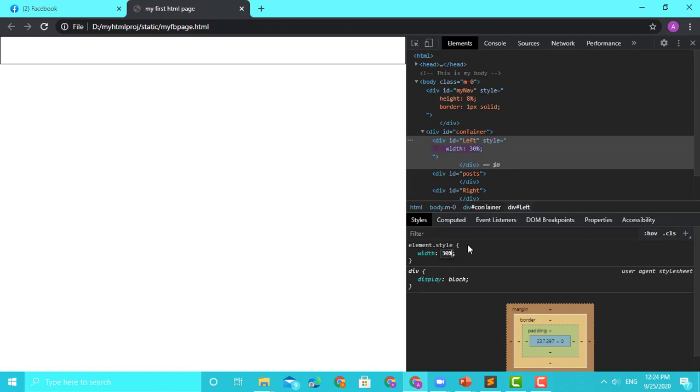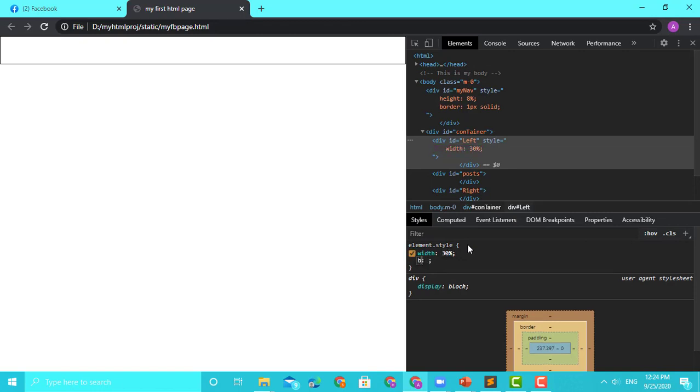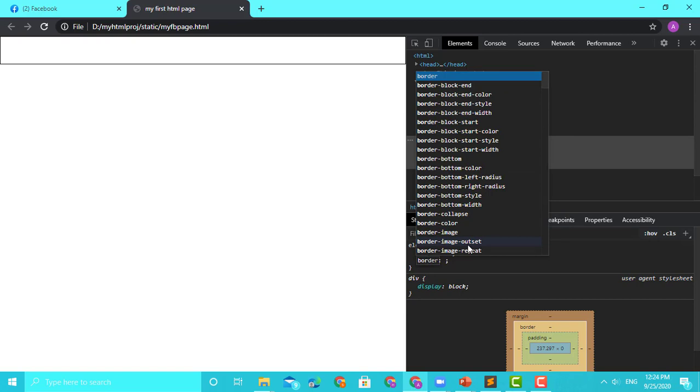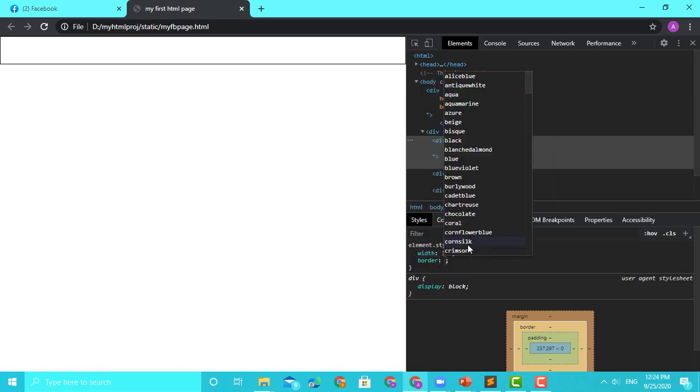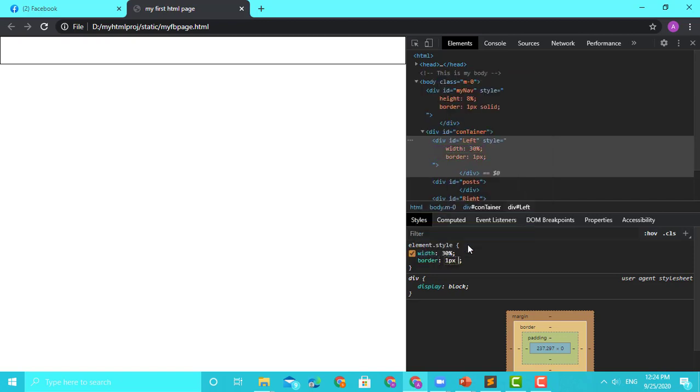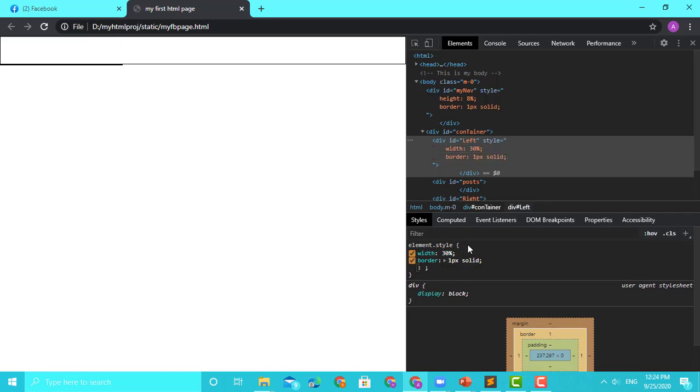Okay, which means 30% of the page, and I will give a border. Border 1 pixel, solid. Okay, now I got some border, but you see now the problem is it is coming somewhere here, so I need to give a height also, right?